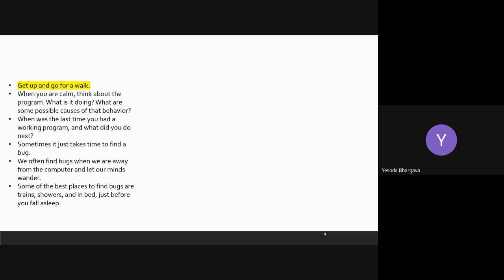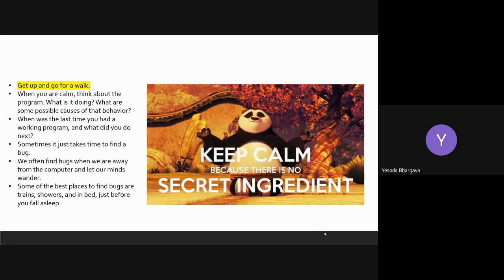That is why it is important to remember to take a break. And sometimes most of the problems can be tackled with fresher energy if we teach ourselves to keep calm. I'm saying we teach ourselves to keep calm because keeping calm is not very natural. That doesn't come to all of us. It is something that we need to learn.